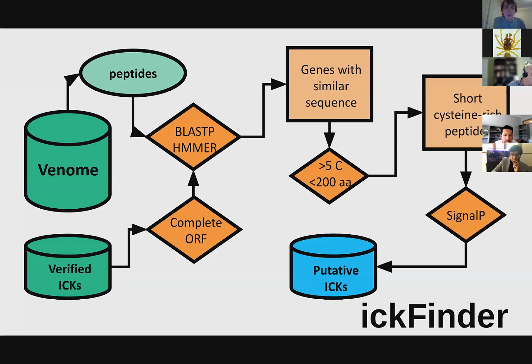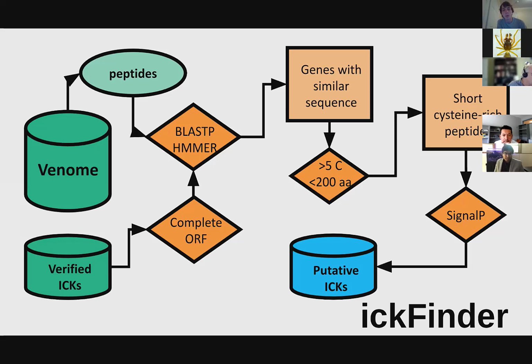So I developed this informatics pipeline to identify ICKs. Basically, just taking your genome or your transcriptome and your proteome and compiling those into peptide sequences, doing homology searches with BLAST and what's called HMMER, and then taking in a data set of verified inhibitor cystine knots that have a complete open reading frame, and then filtering those further to find things that have a certain number of cysteines that are of a certain length,